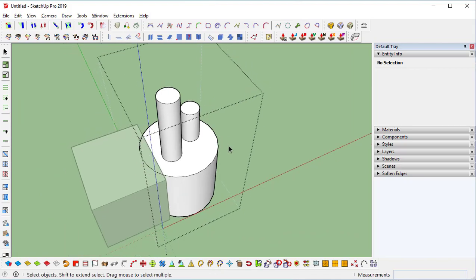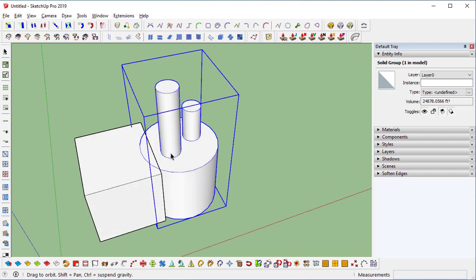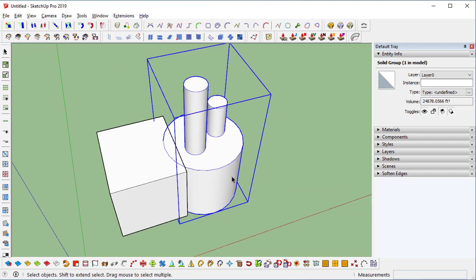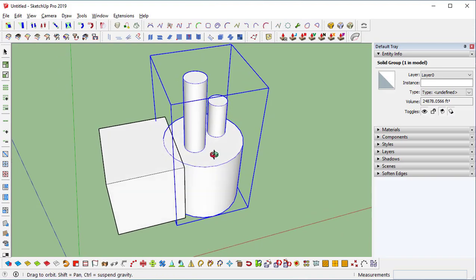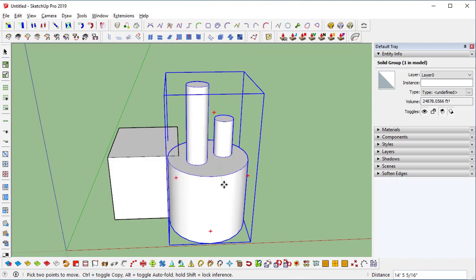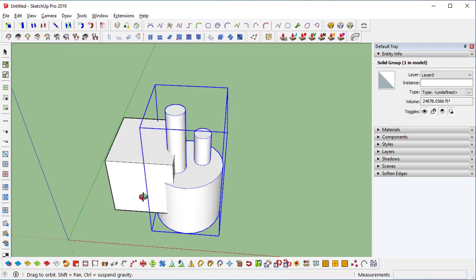If you remove that line or wrist, it comes back to a solid group. Now you can work with the solid tools. What I am trying to say here is you need to make sure whatever object you are selecting should be a solid group. For the complexity, I have placed this object like this.